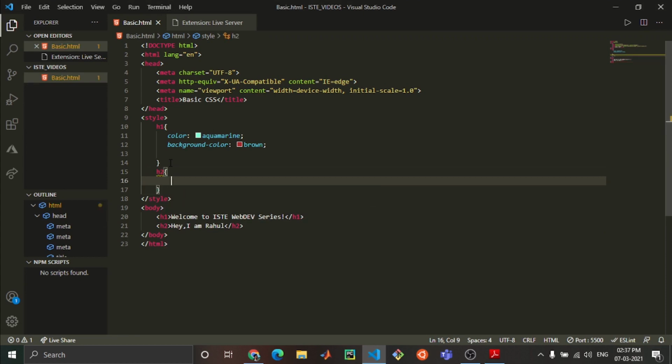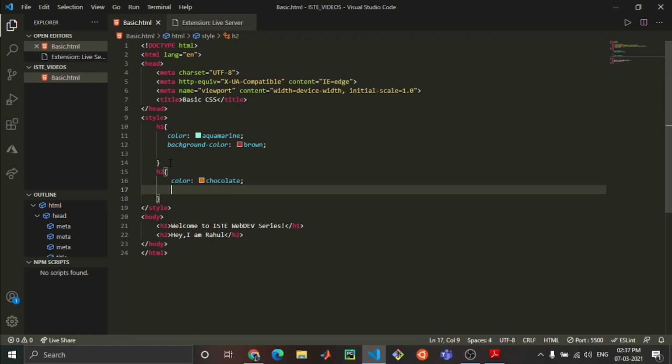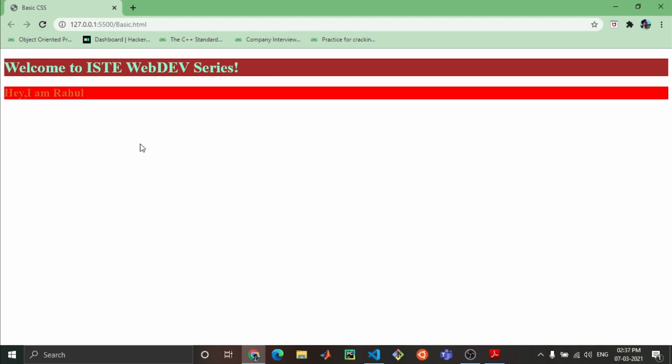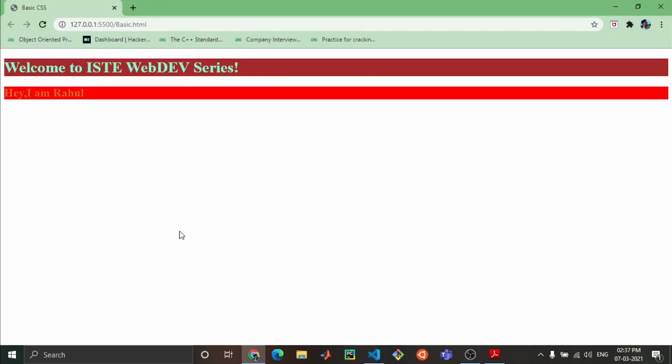I give the color as chocolate, and the background color as some red. Any color you can give. Refresh it. It is changed. Sometimes after saving your file, it is not implemented in your browser. For that purpose, you can just refresh your page.